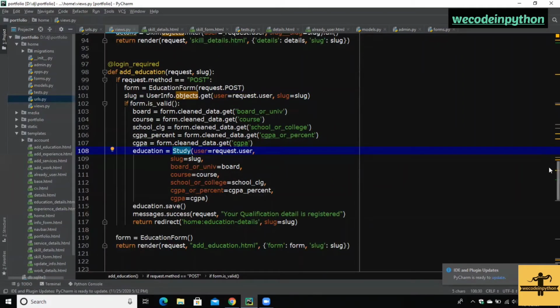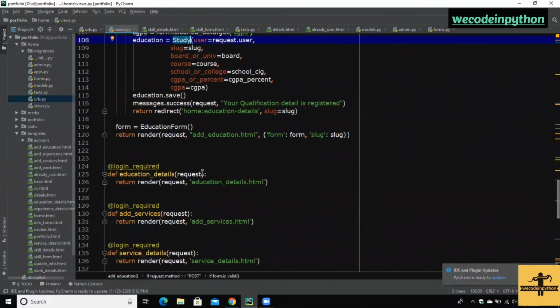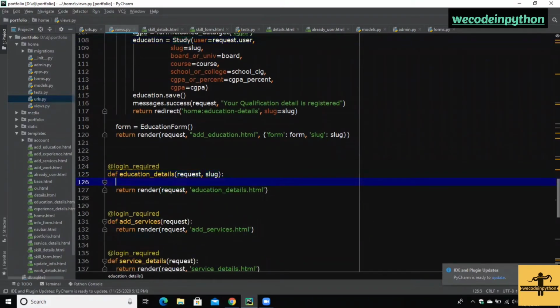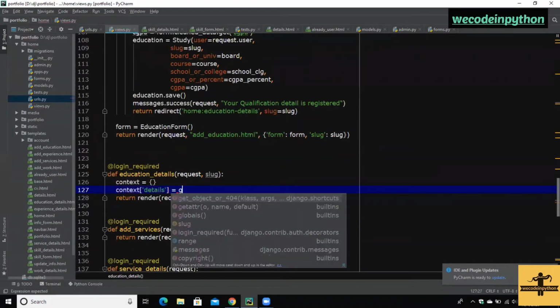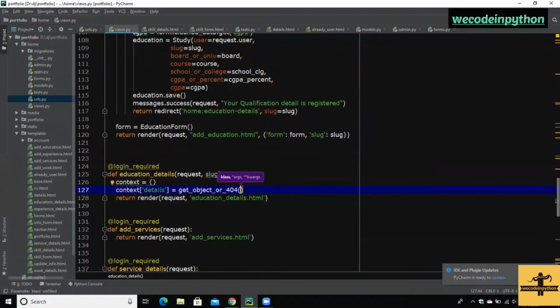Okay, it is okay. Now here we need to pass the slug, and we need to write the code. So what we can do, we can create an empty dictionary as we have done before, and we can assign a variable name as education context, and in that we can write it as details, and we can write it as get object or 404,